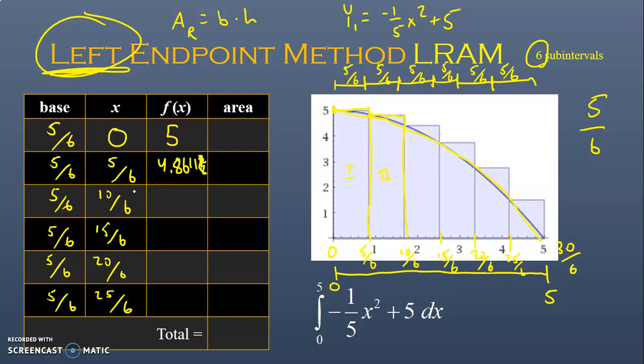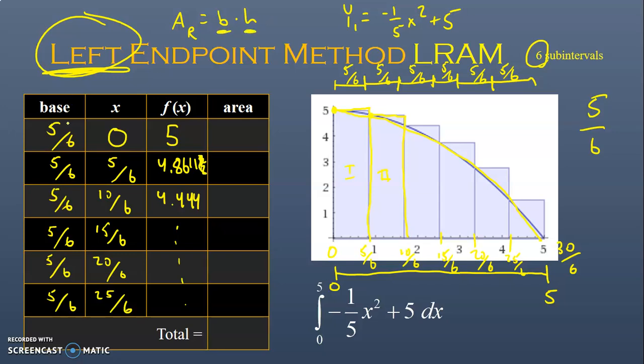I don't remember what this digit is. If I plug in 10/6, then I would get 4.444. And I could plug in each of these values into the original function, and I'll show you guys that on the next slide. The area is going to be the area of each rectangle,